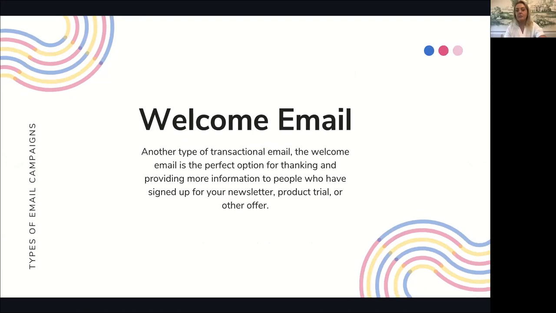Also, a similar type of email is a welcome email. So anytime someone signs up to receive emails from you, they should initially receive a welcome email. So if they go on your website and they type their name in and they enter all their information and say, sign up for your newsletter or emails, or whatever you're going to send, they should instantly receive an automated welcome email.